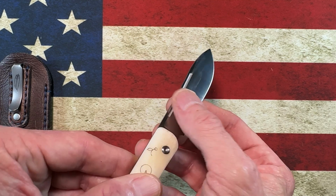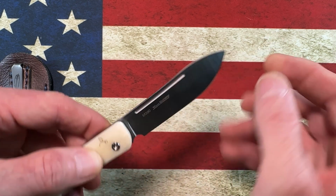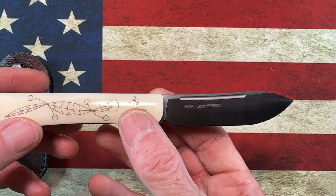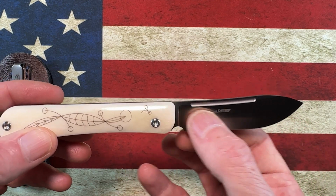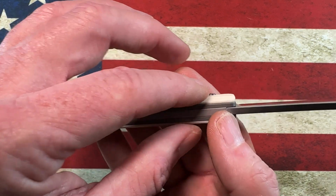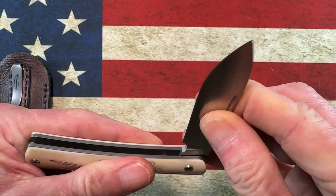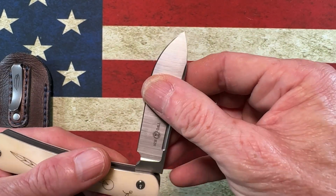It's a tall, flat grind, maybe a slight hollow, but I think it's a tall, flat grind. Has an interesting swedge here, the way that the blade turns. I wouldn't call it a trailing point, but I would call it definitely a unique modified spear point something or another, right? But it's got titanium liners, M390 blade, really nice walk and talk, a little bit of an easier, I'd say that's probably a 4 or 5